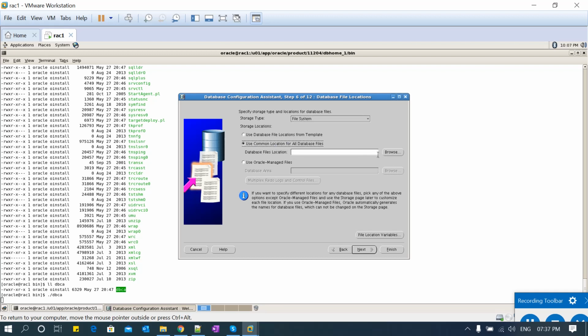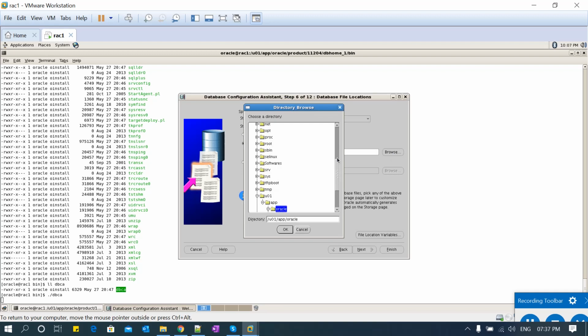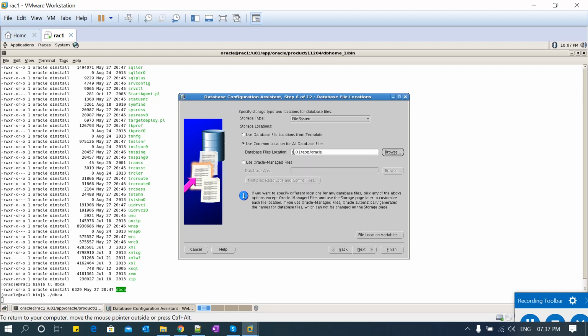If you use a common location, I'll give /u01/app/oracle. All the data files will be placed under this location, and all the naming convention has to be managed manually. Oracle will not give any standard naming convention if you use the common file location.